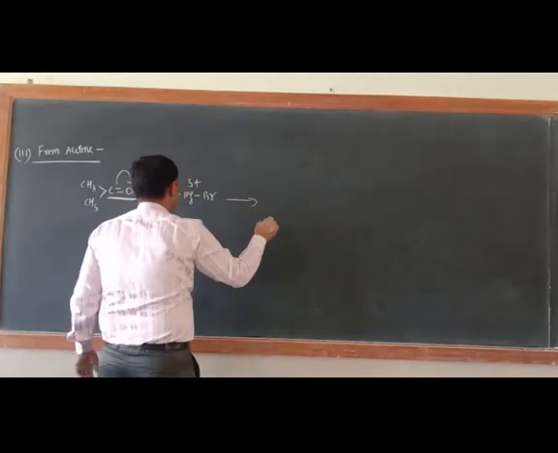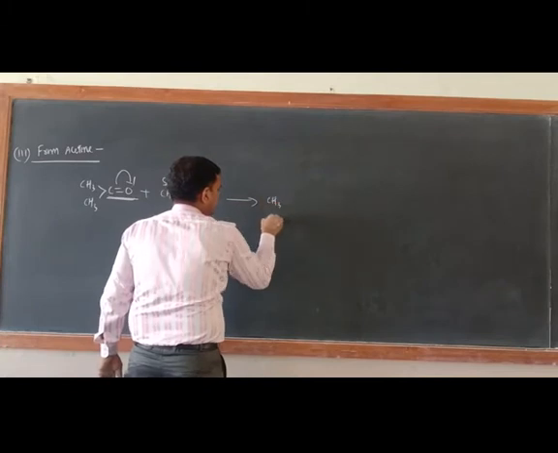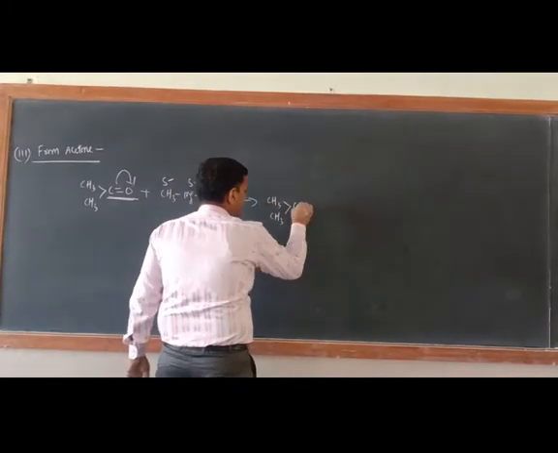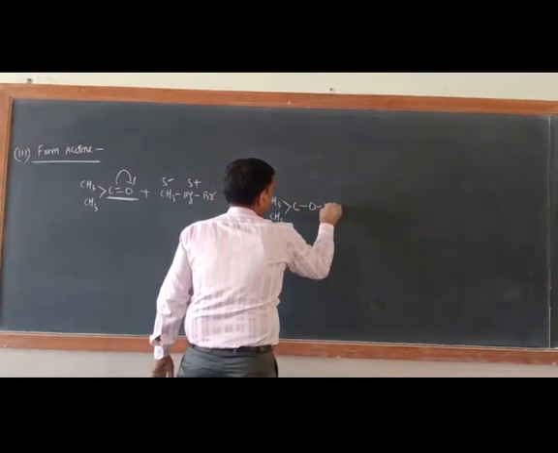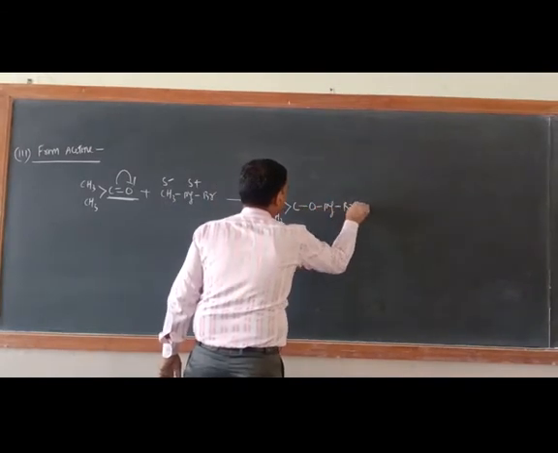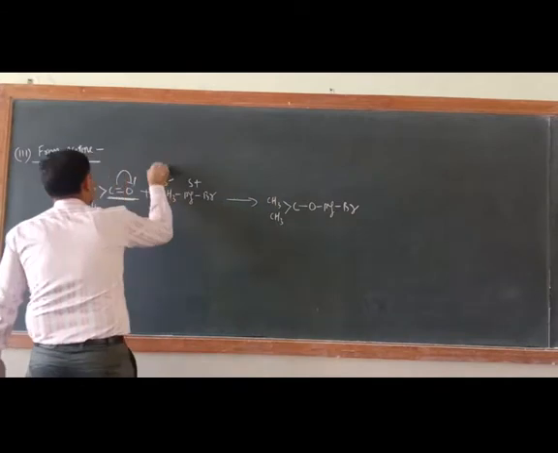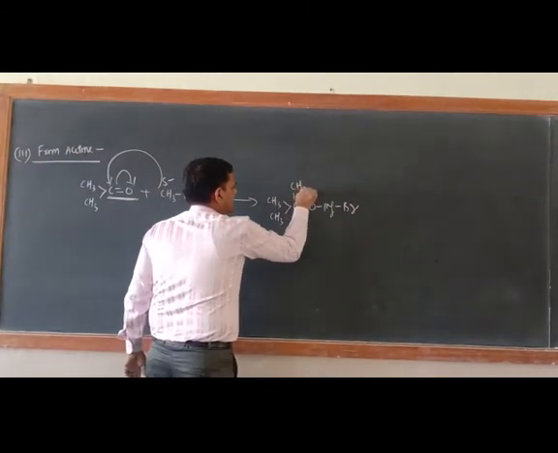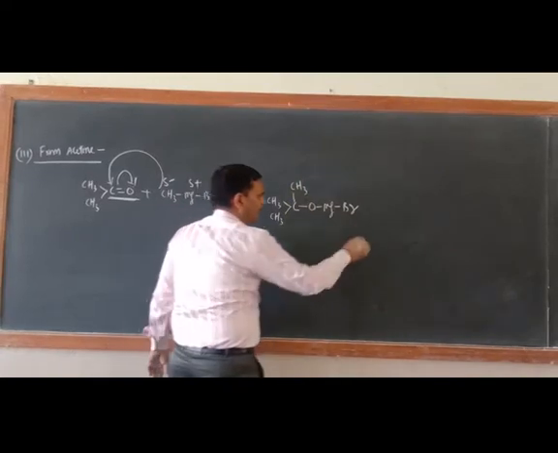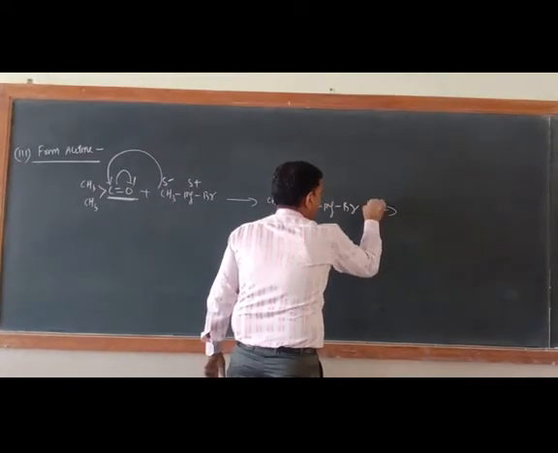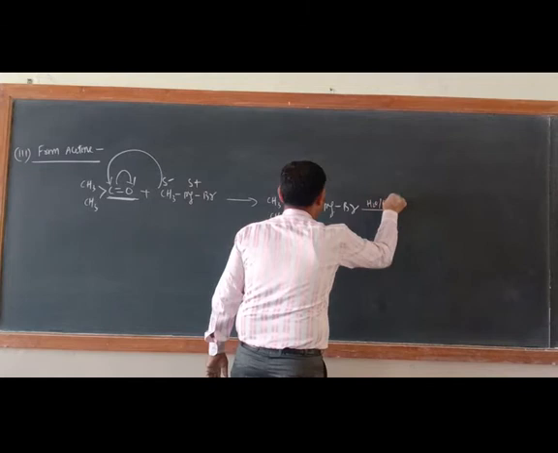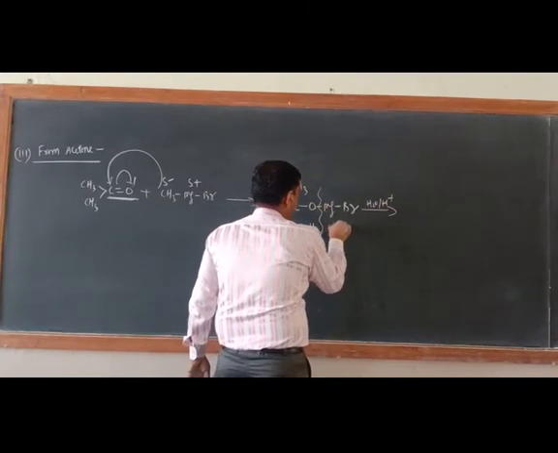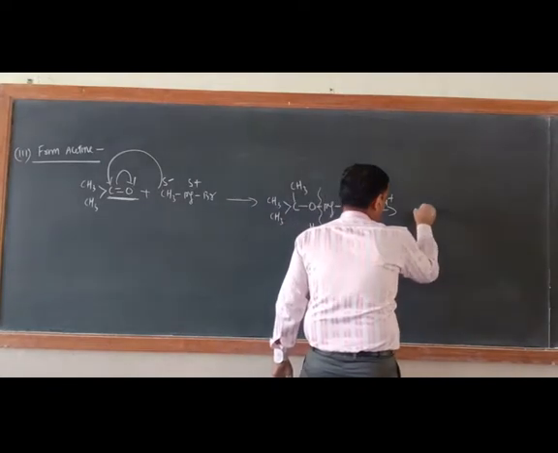Okay, and now here slightly negative, here slightly positive. So what is the product here? The product is CH3, CH3, here C, here O, here Mg, here Br, and now this CH3 will be added here. So now here CH3. Okay, now followed by hydrolysis, H2O or H positive. So here H, and here OH.